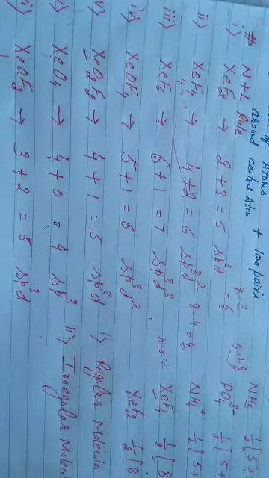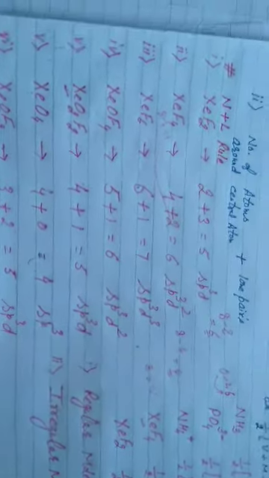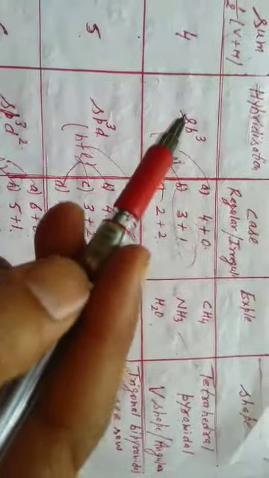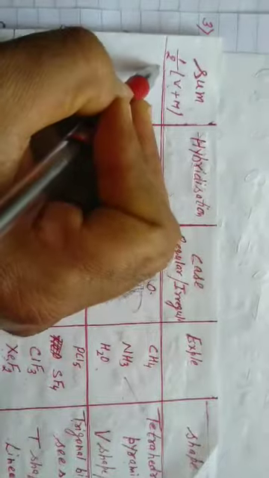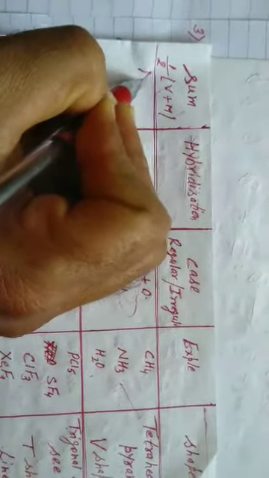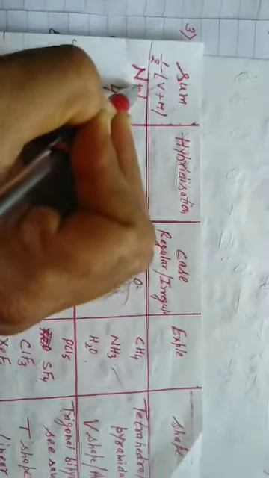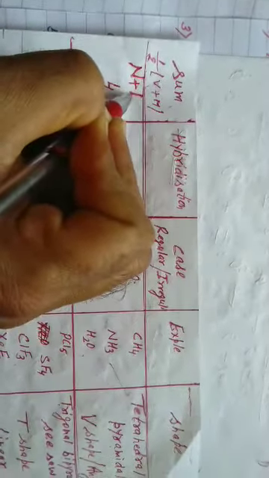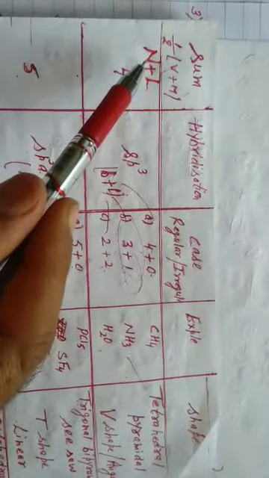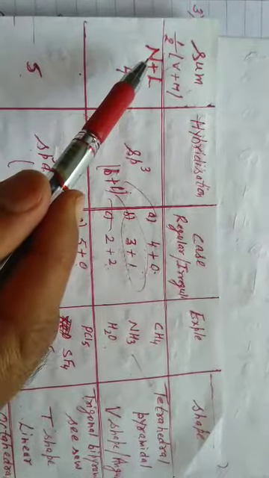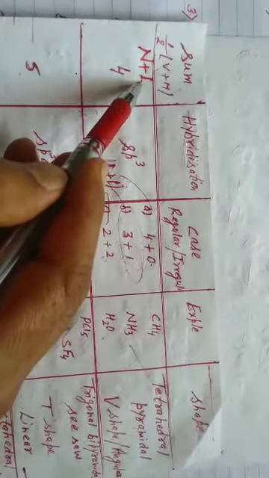Now we are going to detect the shapes of these. Before doing shapes, students, you should know, at first, when we apply the half V plus M rule, that is for your plus 1, in plus 2 class we call it the N plus L rule, students. Because we have studied p block, so we write directly the N plus L rule. According to the N plus L rule, N means the number of atoms around the central atom, and L means lone pairs in the central atom.